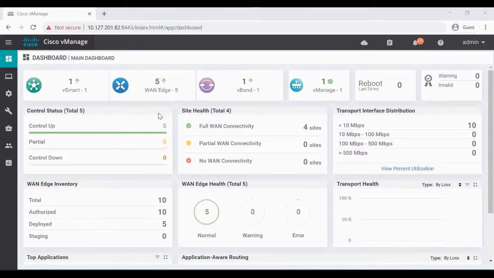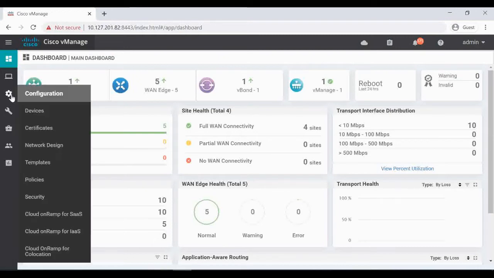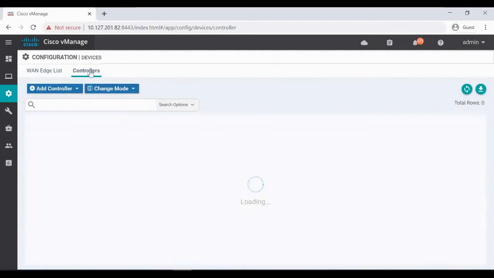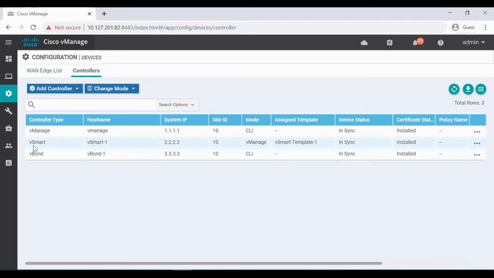So to configure hub and spoke topology, first we have to make your vSmart in vManage mode. If you go to configuration, devices and then controllers, you can see vSmart is showing mode as vManage.